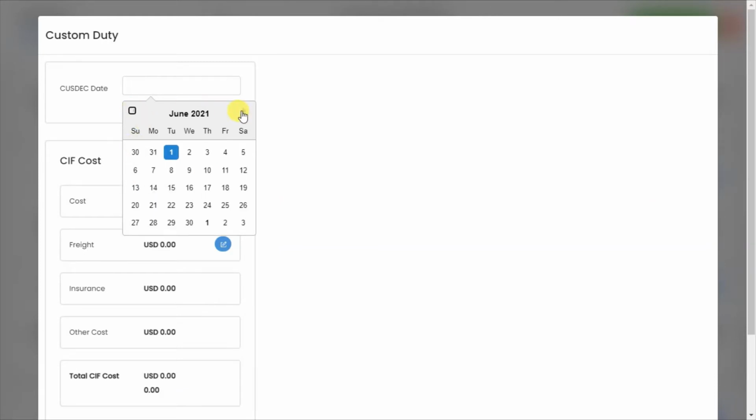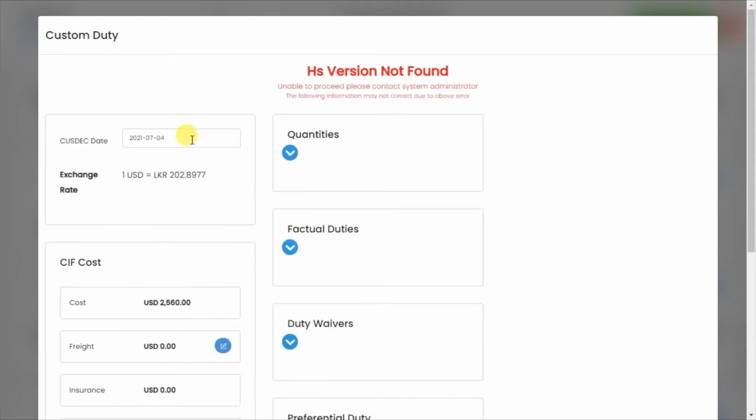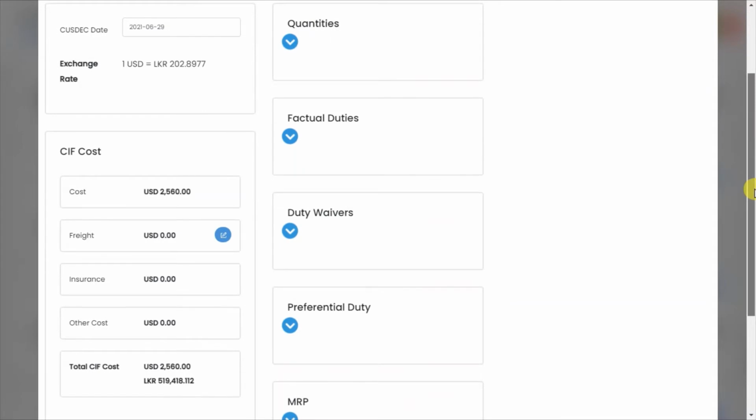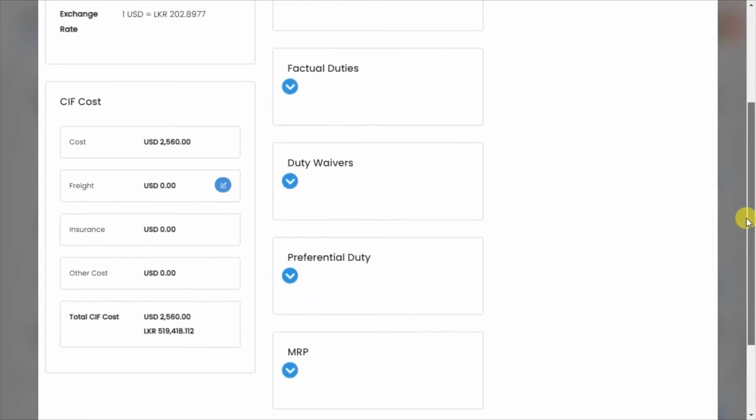So you can add previous cast dates, but you cannot add cast dates or verify the data for next week. The reason is that Sri Lanka Customs only issues the customs exchange rate for a week. All right, then let's update the customs duty data.